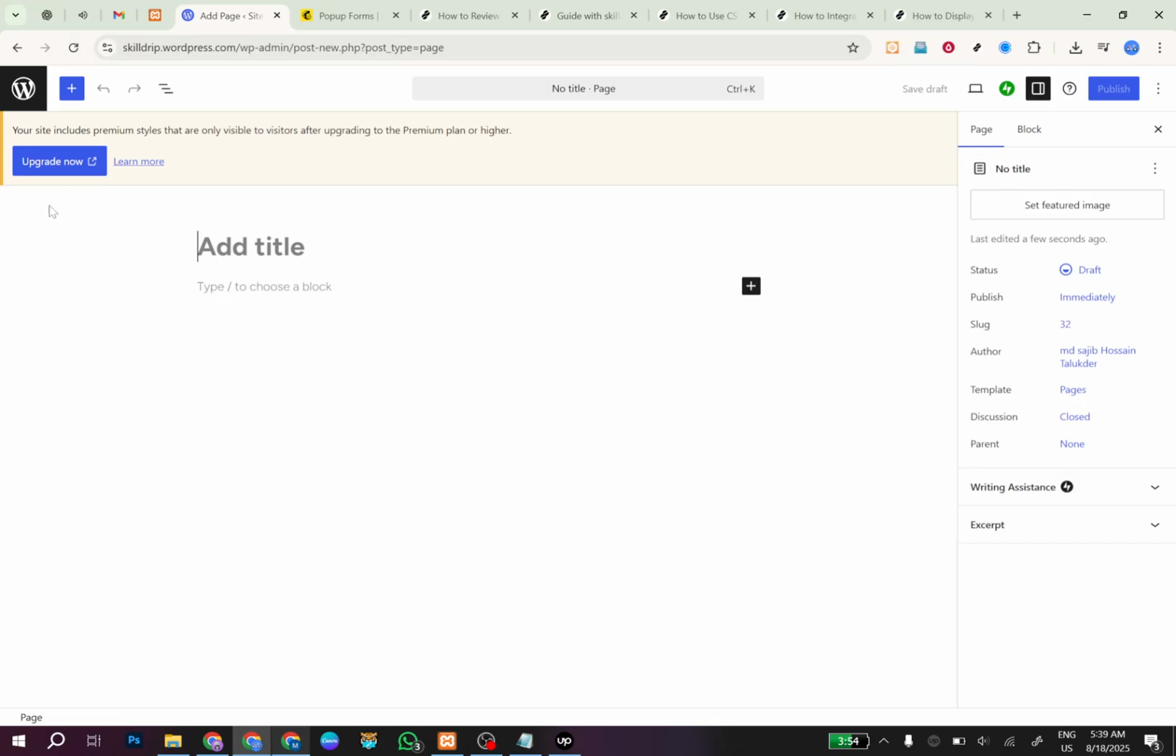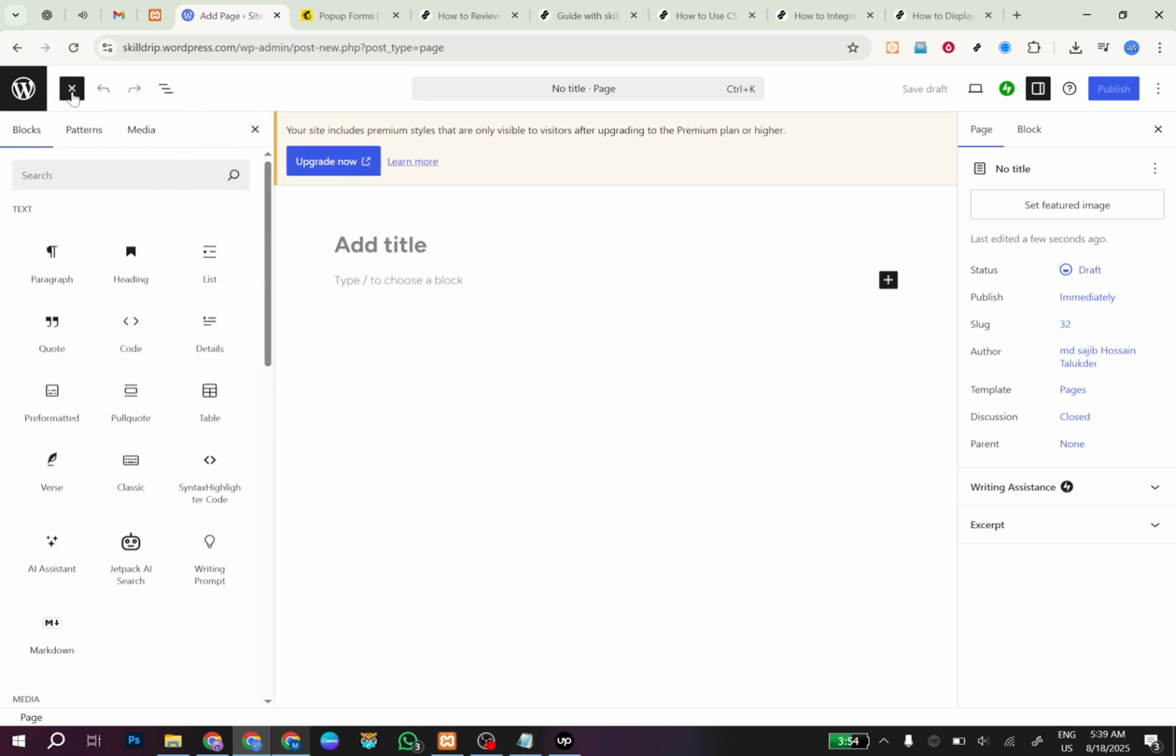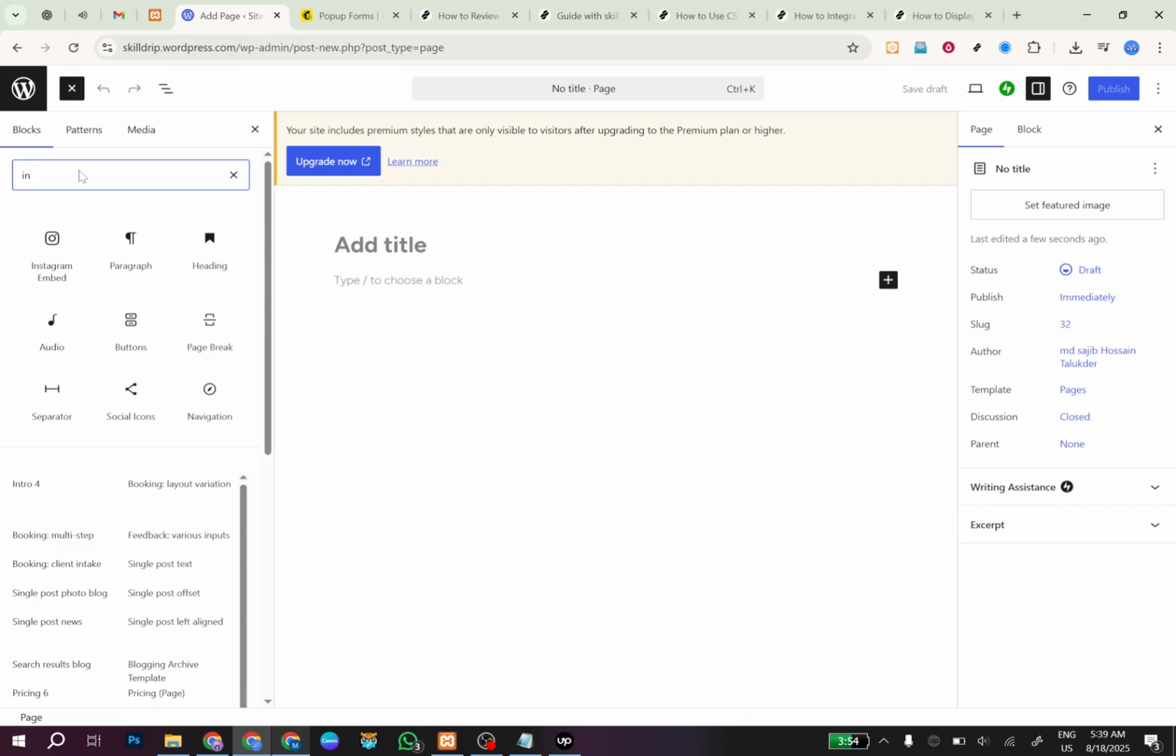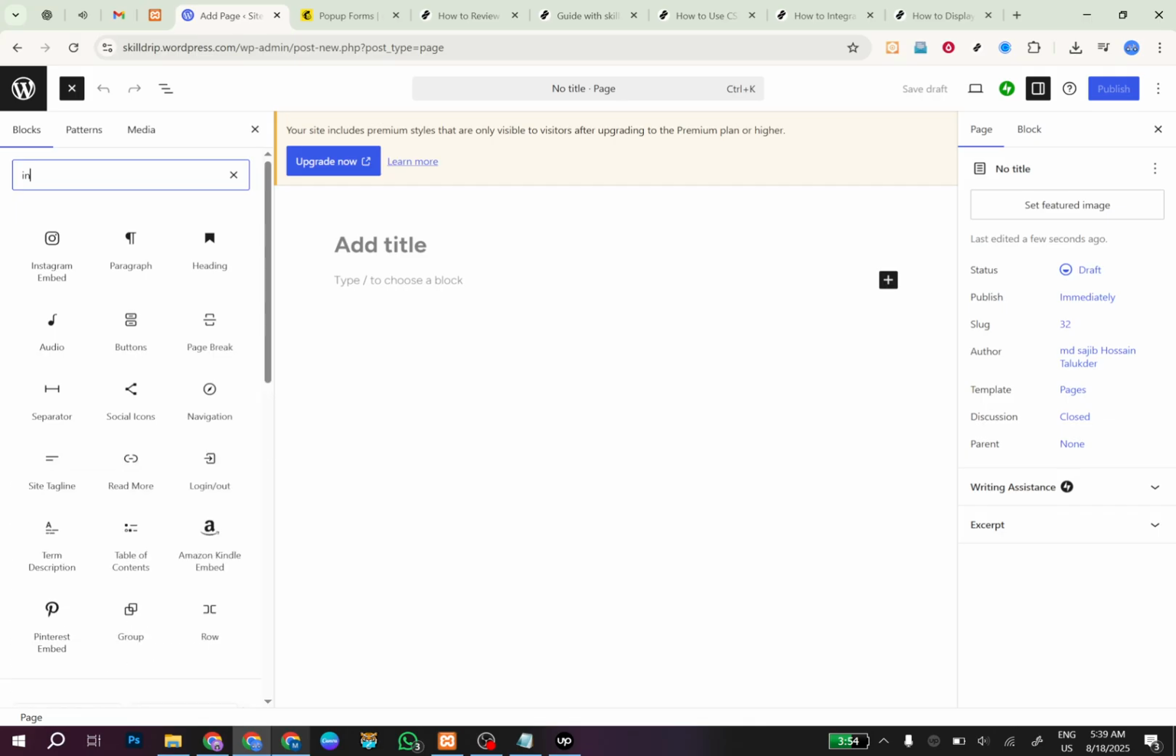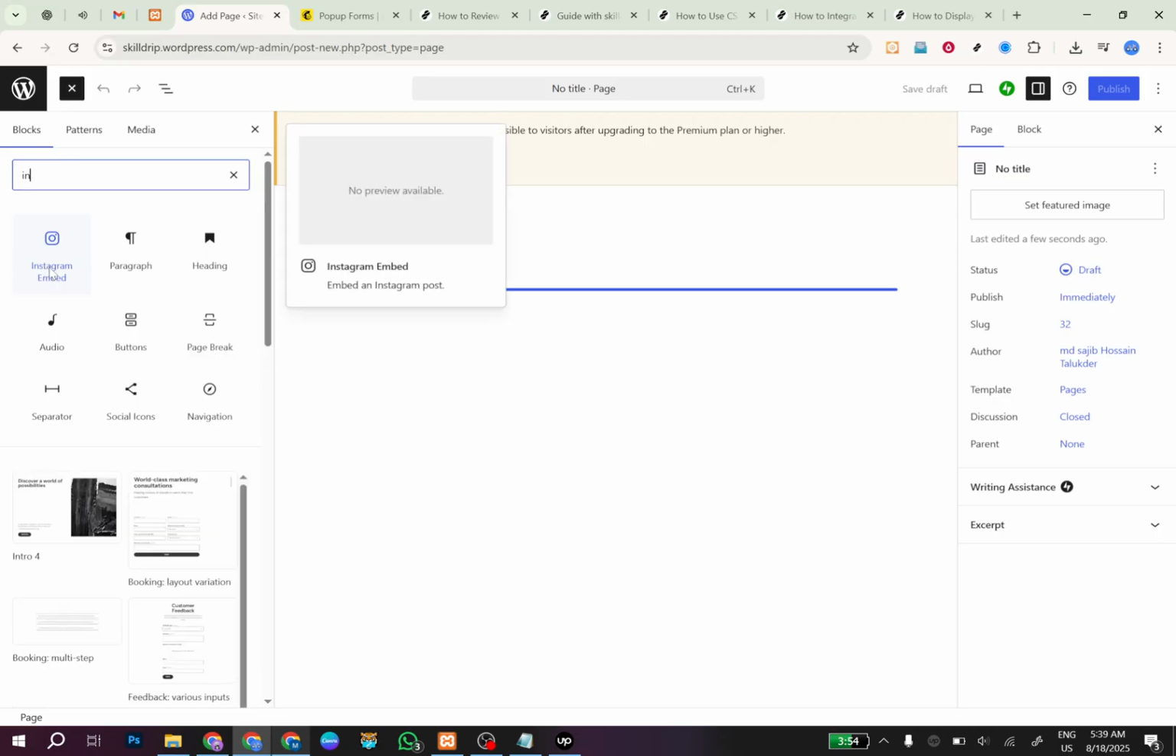Once you're in the page editor, look for the familiar plus icon. It might be on the top left corner or within the editing area itself. Clicking this will open up a menu of block options. WordPress uses a block editor, which makes it pretty straightforward to add all sorts of different content modules to your page. After clicking the plus icon, a search box will appear, and here is where you'll type in the name